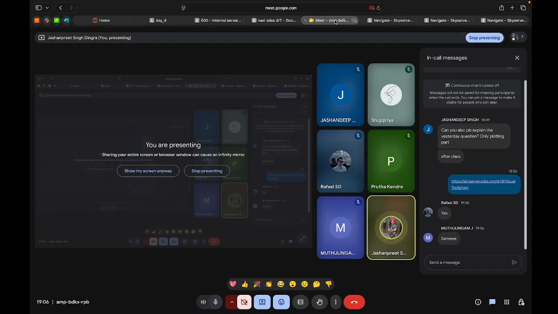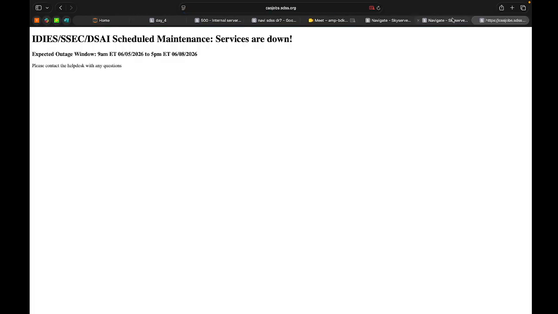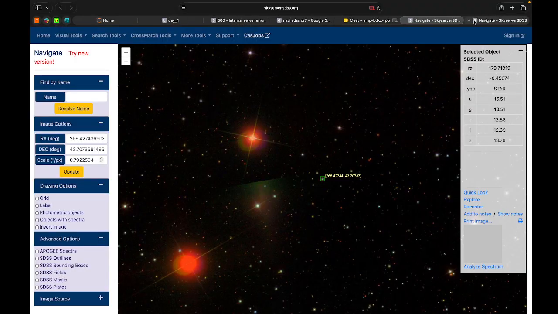Is this the same for you? Okay, so that's from the observatory side, they are maintaining the thing. For Astro query we will be working with this CAS job. CAS job is a portal where we can get all the tables, so that's also not working, so I'll find some alternative, or otherwise I will provide you some recorded lectures for that, and we will also be doing it in some alternative method. We will shift to other sky survey data, but for AGNs,